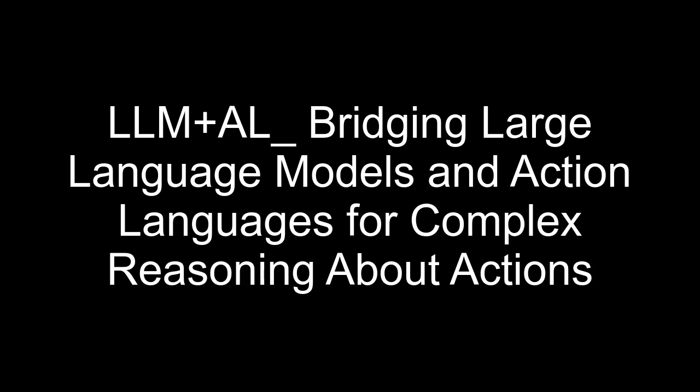The self-revision stage is particularly interesting. How does this iterative refinement process improve the accuracy and robustness of the generated BC Plus programs? The self-revision stage uses the BC Plus reasoner to check for satisfiability and consistency. The LLM generates sample queries to test the program's behavior. Based on the reasoner's output and the results of these queries, the LLM revises the BC Plus program, addressing both syntactic and semantic errors. This iterative process significantly improves the quality of the final BC Plus program, often reducing the need for extensive manual corrections.